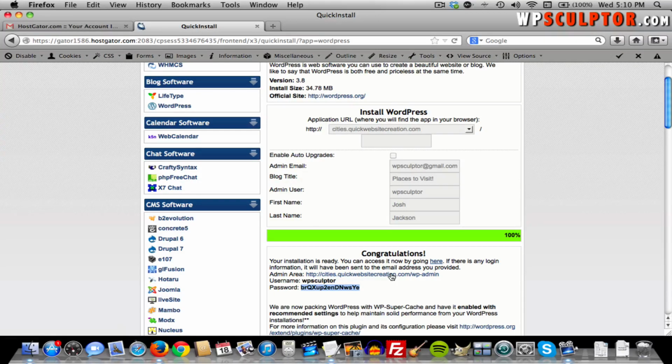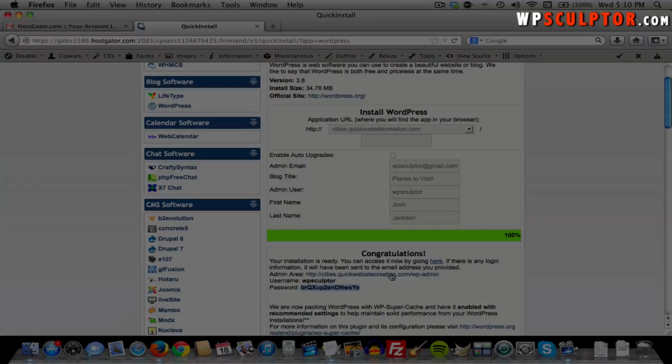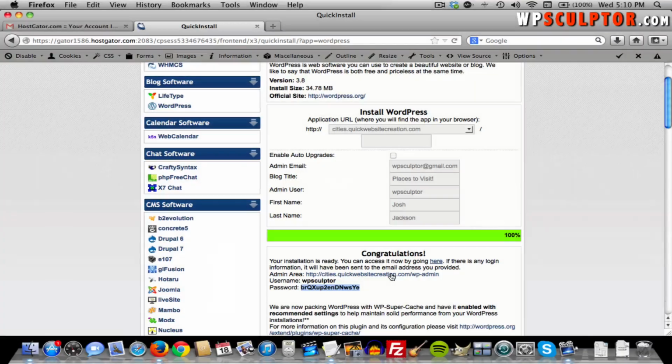Usually it takes about 2 hours, sometimes more, sometimes less, for your domain name to do what's called propagate. So it actually won't be accessible. So we'll have to wait a couple of hours, and then we'll check back in and see if our site's ready. Alright, so after a couple of hours, our site should now be ready,